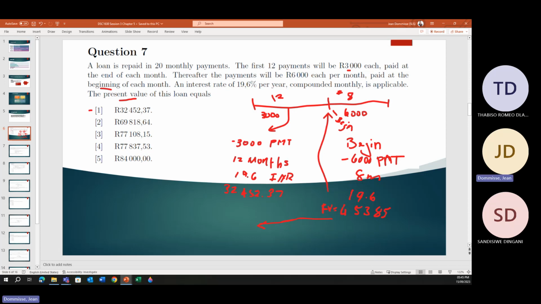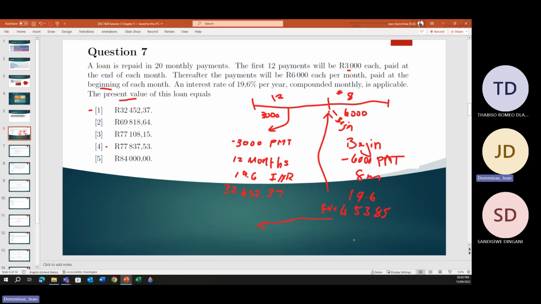So again, that is important, because otherwise, if you add the 32 and the 45, you will get the 77 one. So very important that, yes, that is correct what we did, but it is on that